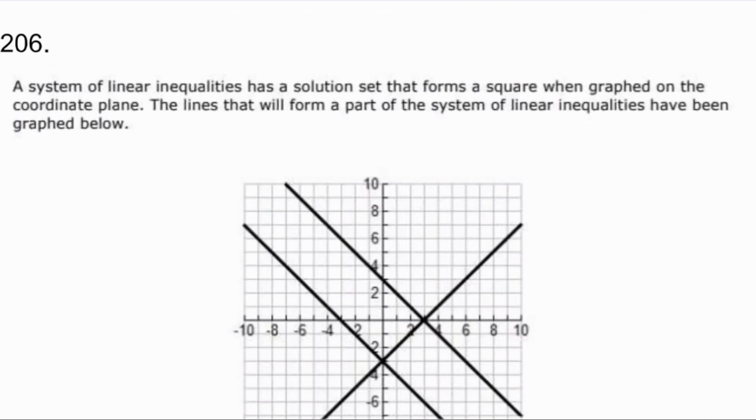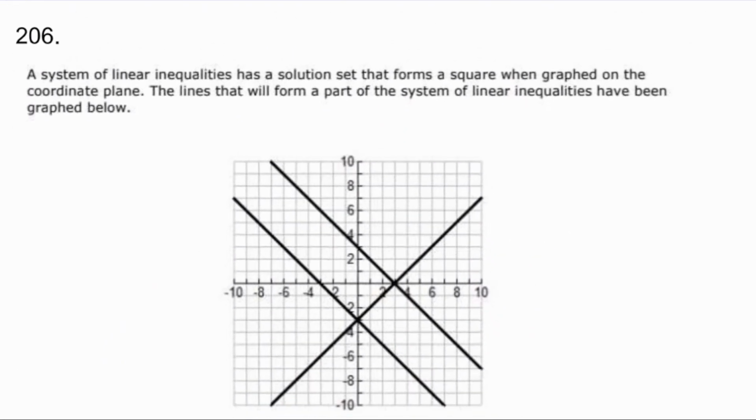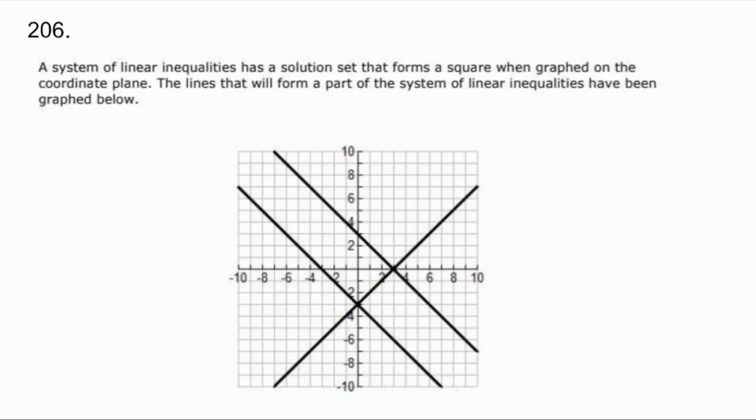Okay, now the next one, 206. This one's pretty big, and I'm having trouble fitting it on my shot. So I'm just going to work it, and then we'll reconcile with the answer choices at the end. So a system of linear inequalities has a solution set that forms a square when graphed on the coordinate plane. Basically the first three lines are graphed for me and also given to you down below. We just need to make this a square. So, if it's got x-intercepts of -3 and 3 and y-intercepts of -3 and 3, it stands to reason that we need to go through here and